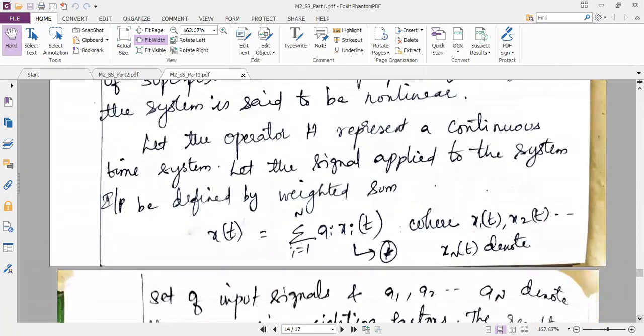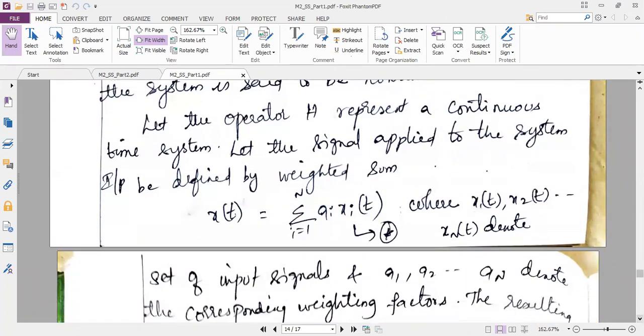Under this, they have given some equations, like how we did the equation for time invariance. Since linearity involves superposition as well as homogeneity, and superposition means I have a number of inputs, first I am writing the equation for the superposition along with the scaling factor. The scaling factor is A. Here I have chosen H as the operator. Do you know what H means? H is nothing but the operator of the system.